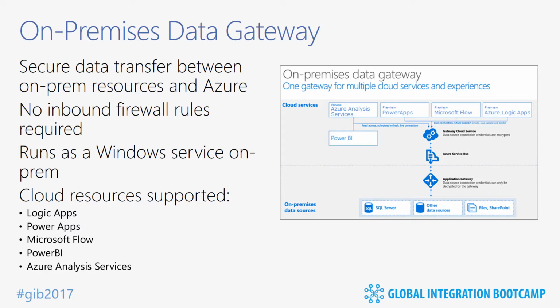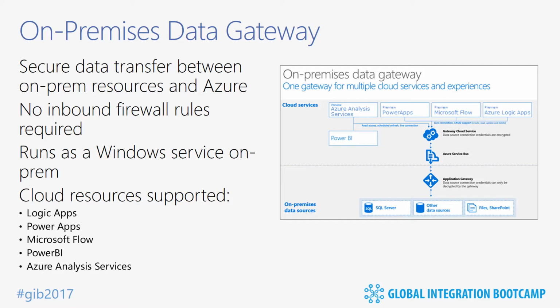So the way it works is you install a service that runs on your local machine in your network. And that service creates a connection to an endpoint in the cloud through an outbound channel. And that's how it can get around the firewall issues, because it's difficult to get things into a network through a firewall, but usually not so hard to get out from it. So by establishing that service, you then create an endpoint that's accessible in Azure, and then you configure the connection in Azure and use that OnPremises Gateway to underpin any of the connectors that you need that have to access